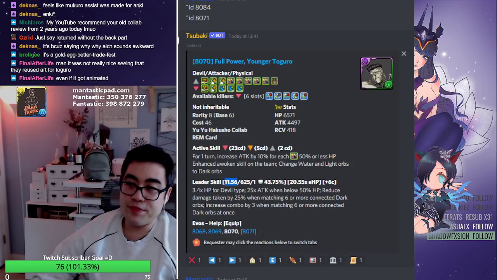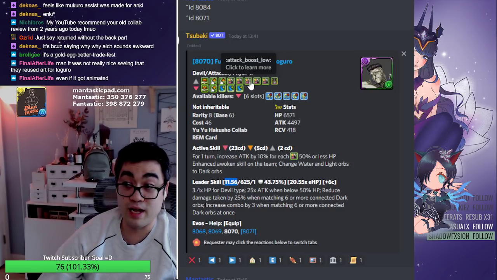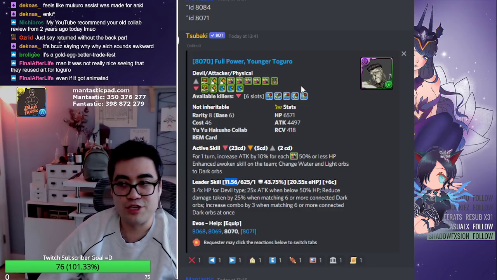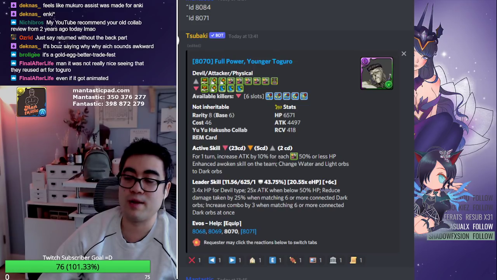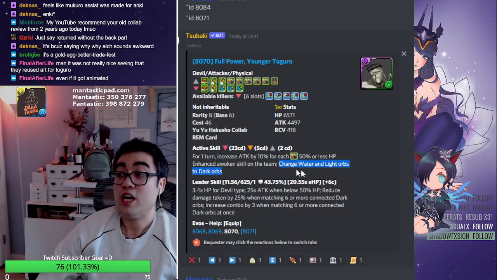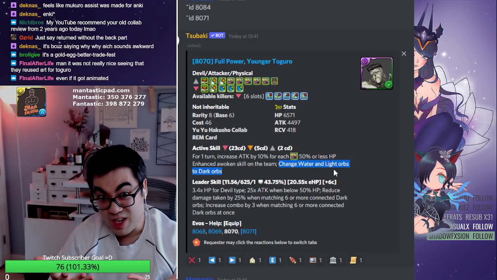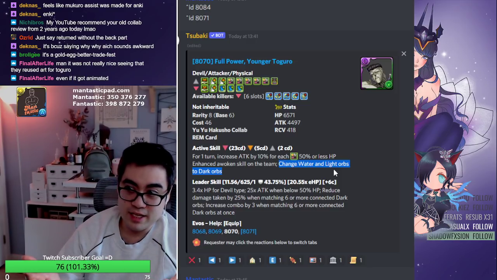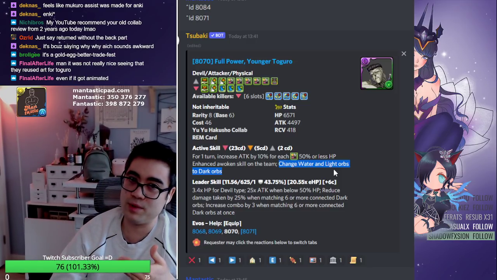And then, looking at their awakenings, they have huge amounts of personal damage when they're below 50% health, and a VDP so it doesn't actually go to waste. Their active skill is now a 2-turn cooldown that gives you an attack multiplier buff based on the number of attack while below 50% awakenings on a given team. And then you change water and light orbs to dark. So, great orb generation. It doesn't cut your health, so I feel like you need to run someone like Dark Athena